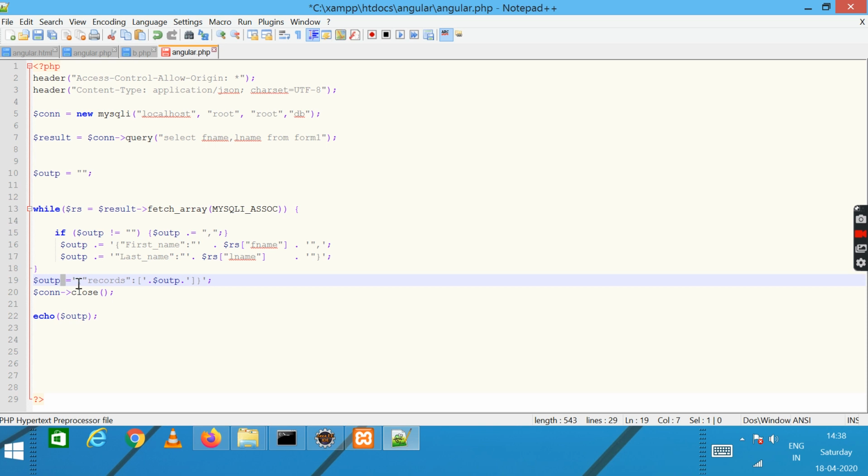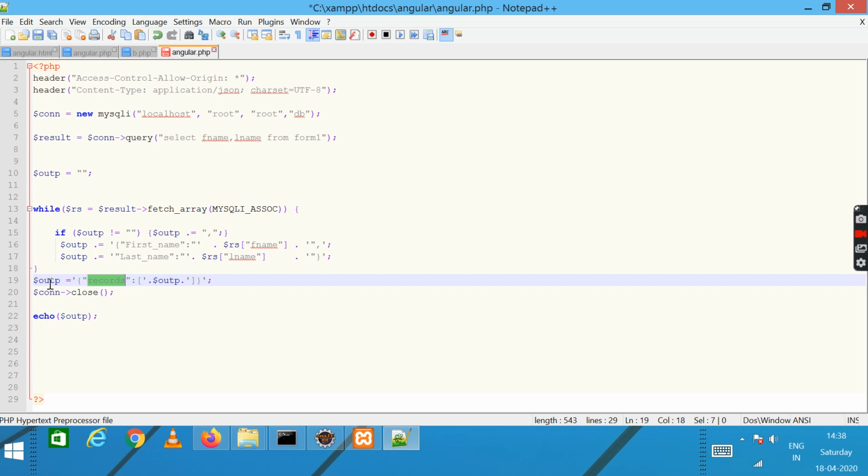Then $p is equal to single quote, curly bracket, records colon, outp dot outp. So this outp holds all the values including first name and last name separated by commas, and stores them as records.